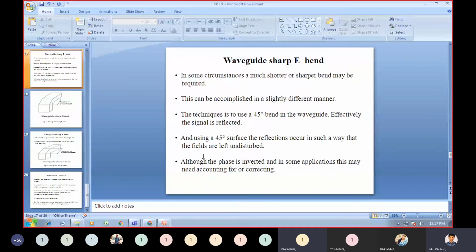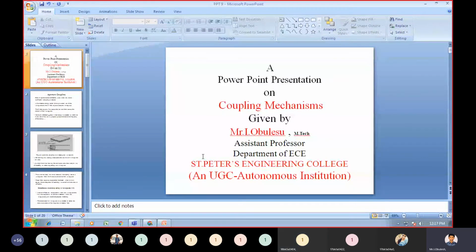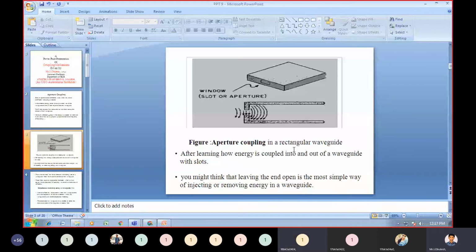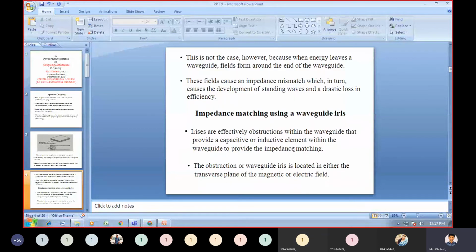Okay, this is today's topic, coupling mechanisms. We just need to remember all this. First, we discuss aperture coupling, which is used for removing energy from the waveguide. If you want to remove energy from the E plane, you need to use the electric field. If you want to remove energy from the H plane, you need to use